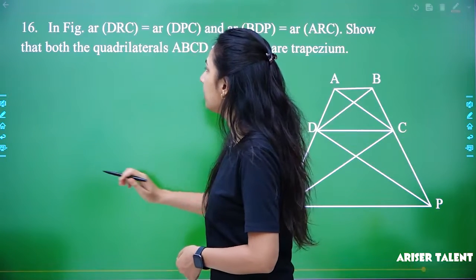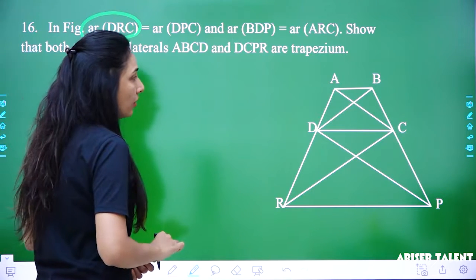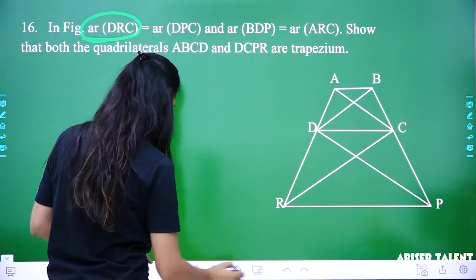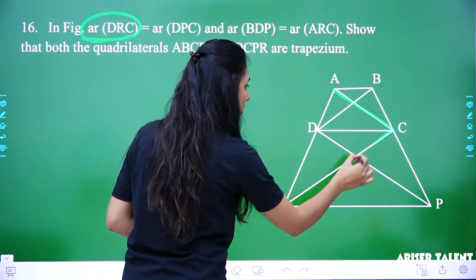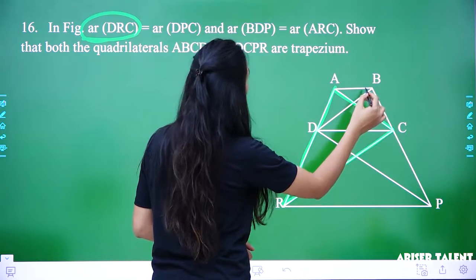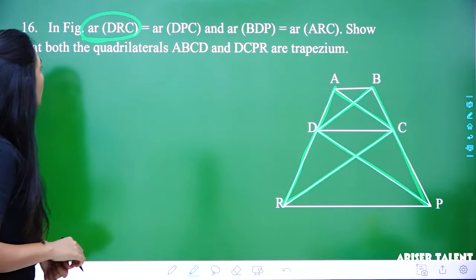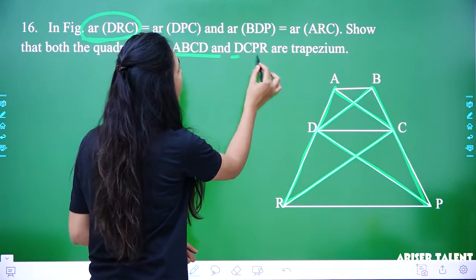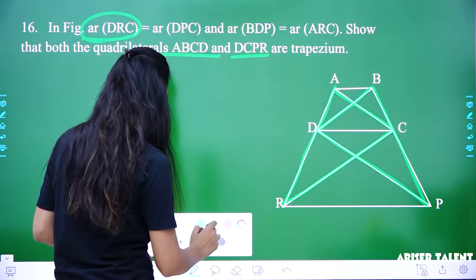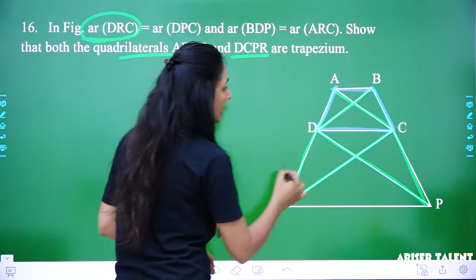Now, with the next question, some similar kind of question is here. In the figure, area DRC, this area DRC, and area DBP. These two areas are equal. Show that both quadrilaterals ABCD and DCPR are trapeziums. So in order to prove that these two quadrilaterals, ABCD and DCPR,